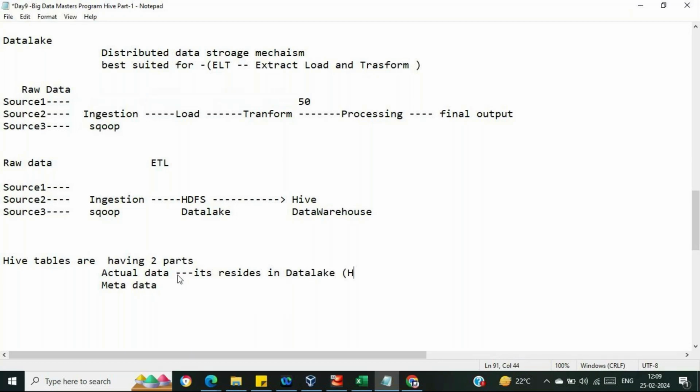That is nothing but HDFS. And metadata resides in RDBMS. That is MySQL over here. MySQL. Okay. Now,